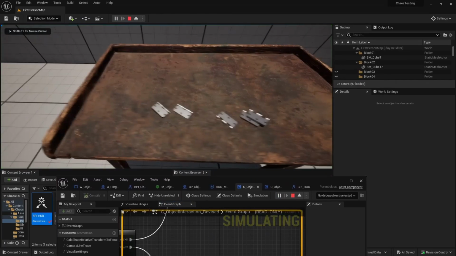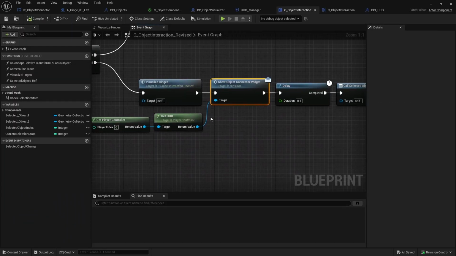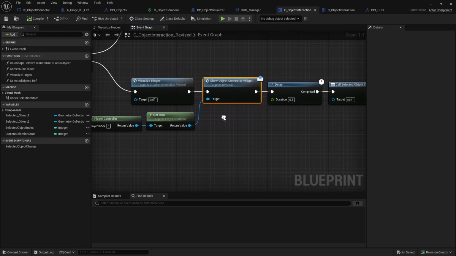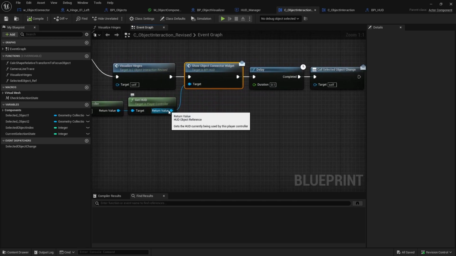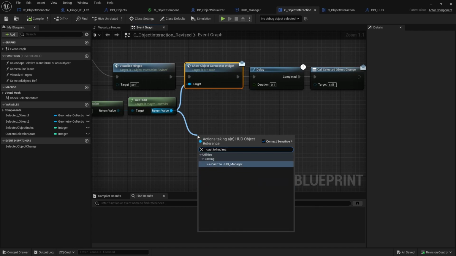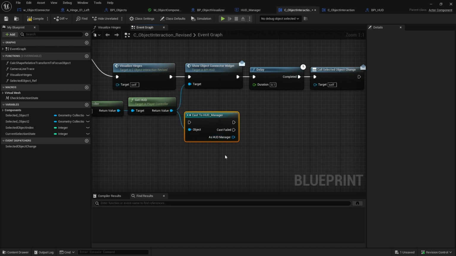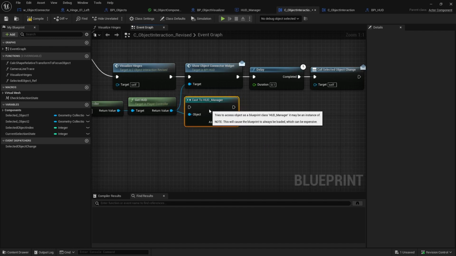When I try to click on the object, we can see the UI pops up in here. Another way, if I was not using interfaces, what I would have to do every time I want to show or hide a menu or a widget is something like this: cast to HUD manager, and then from here I would have to directly call the function. And since we know that this is kind of expensive and we can do it more efficiently and better,